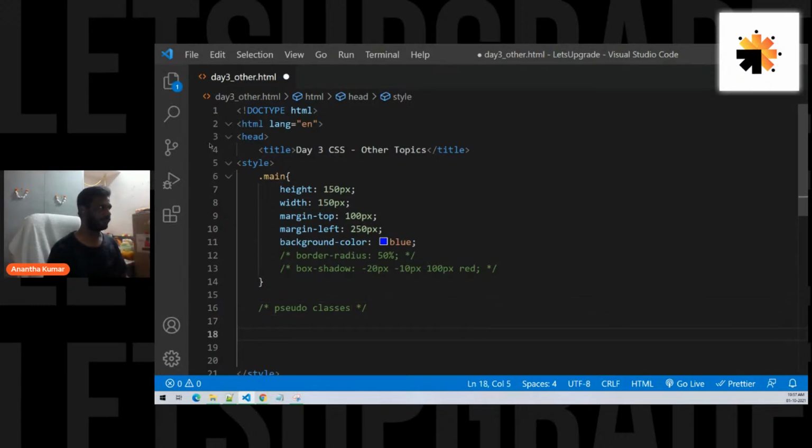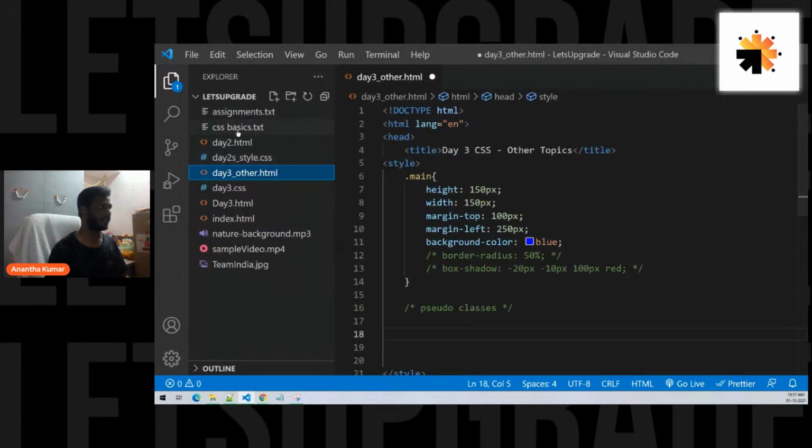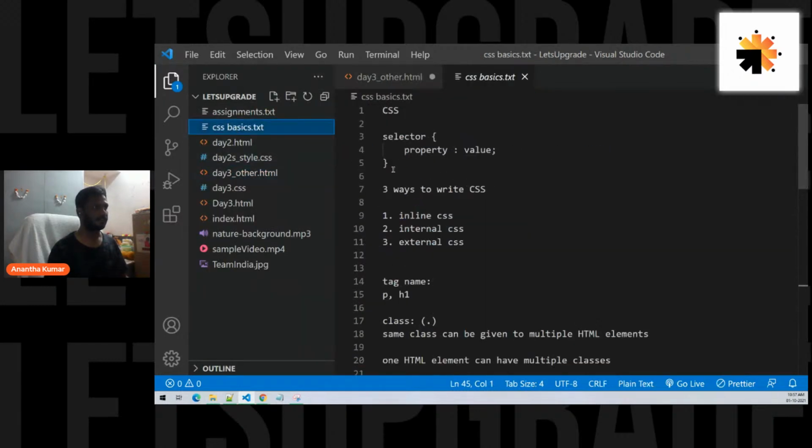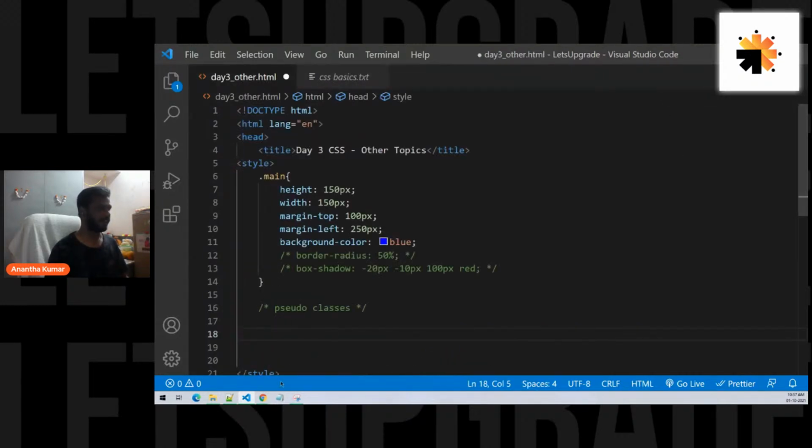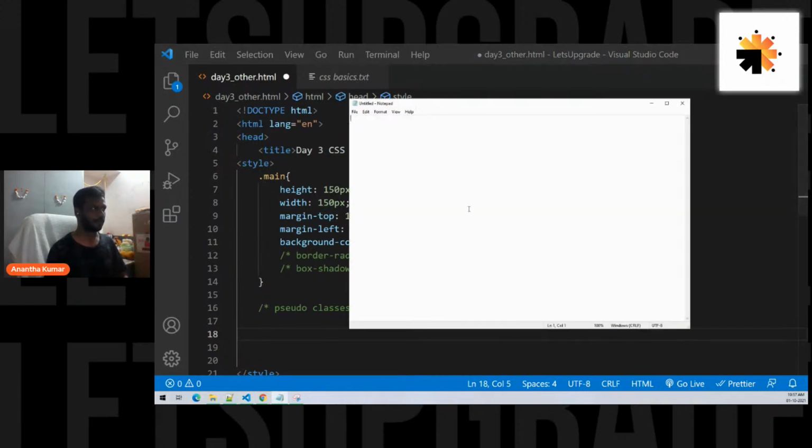We already saw yesterday the normal syntax, right? This one. Let me write it here itself. Let me open notepad. So this is the normal syntax that we have. So in order to access the pseudo classes, we have to give a colon immediately after the selector and write the name of the class. Okay,